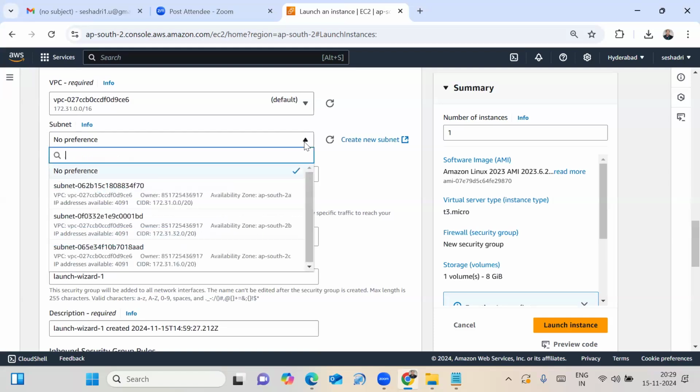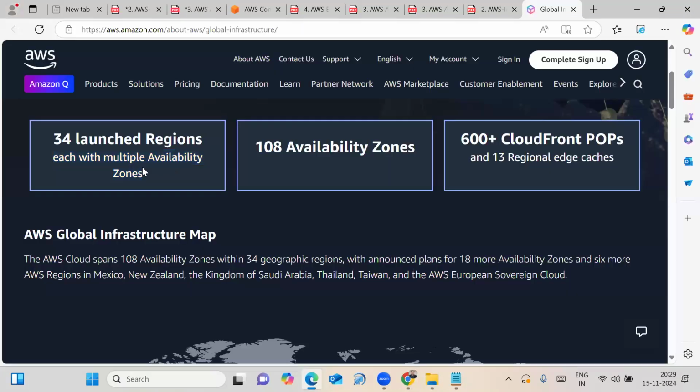Come to the subnet and see the availability zones: AP South 2A, AP South 2B, AP South 2C. So in the Hyderabad region, we have 3 availability zones. The point I mentioned is that each region can have multiple availability zones.